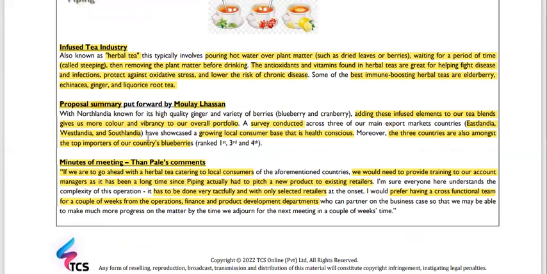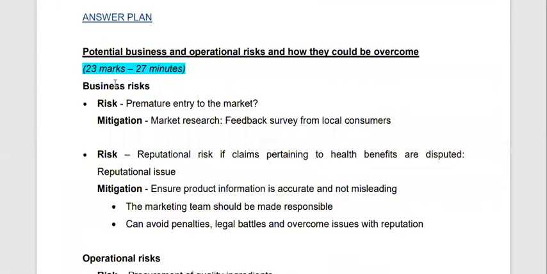Westlandia, and Southlandia. All the information is provided pertaining to these consumers in these three countries being health conscious, and the consumers of these countries being the top consumers of our blueberries. Although this is the case, no information is provided about the demand for infused teas or the attitude towards infused teas within these three markets. Okay, so I'm saying that it's a business risk.